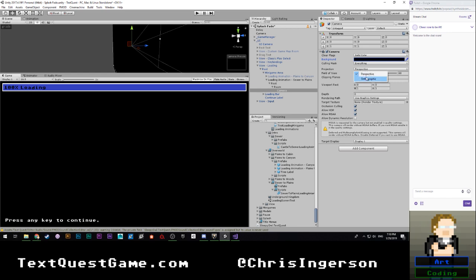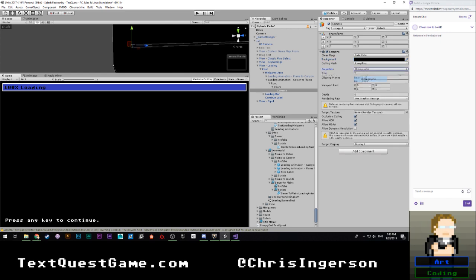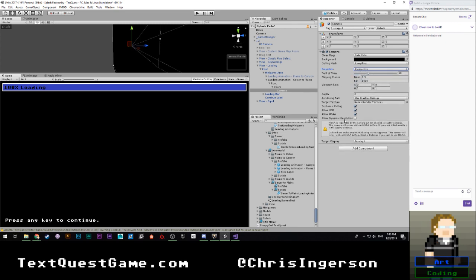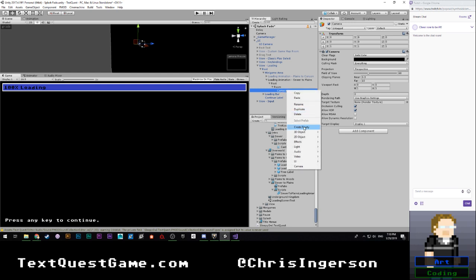It is orthographic, I guess. Okay, I guess we might as well use perspective. Turn off allow MSAA and so on. We don't really care about this. Let's go ahead and set that to be a far clip of 10. It does not need to be that big. And, okay. So what we're going to have this render is, we're going to go ahead and create,